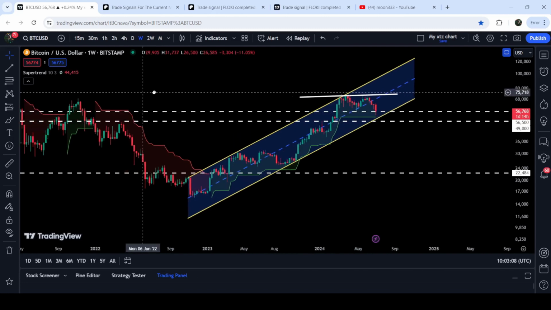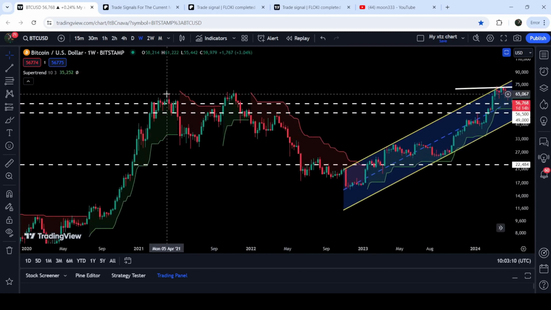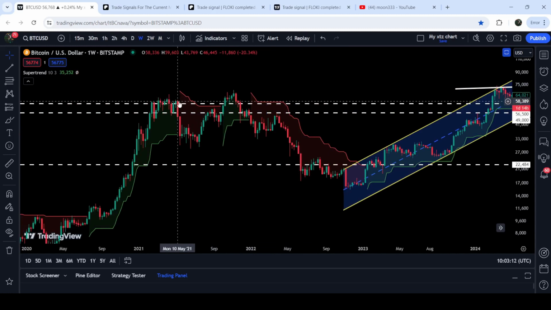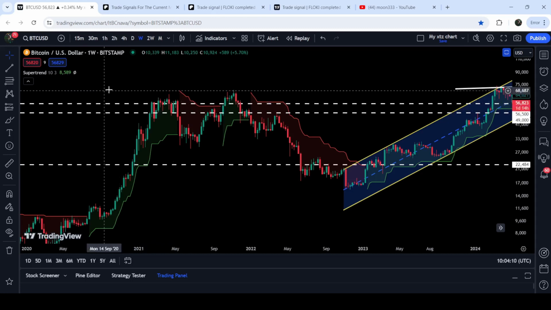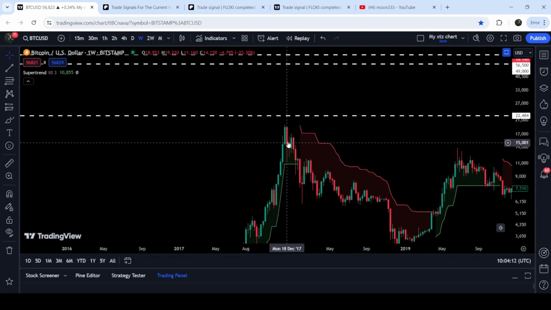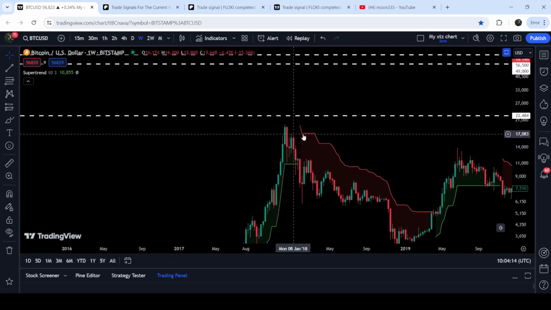And it has been happening previously as well. You can see whenever it turns red on the weekly time frame chart, after that eventually the price then moves down. And if we take a look at the previous bull run, then here, back after the month of December 2017,